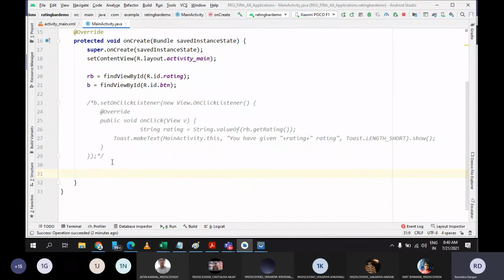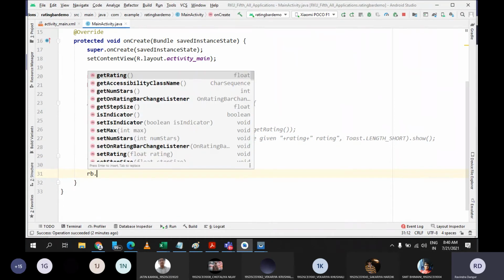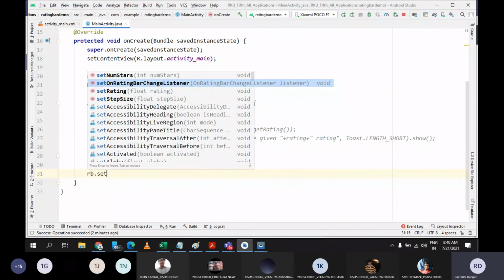So now there could be certain inbuilt methods, or to implement the listeners, we can use that object. Let me just try. We already have object which is RB dot something. Set on rating bar change listener. It is there.